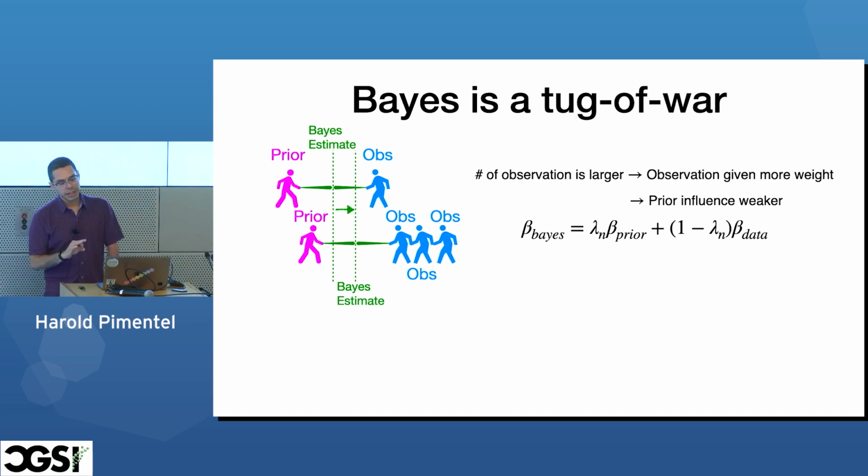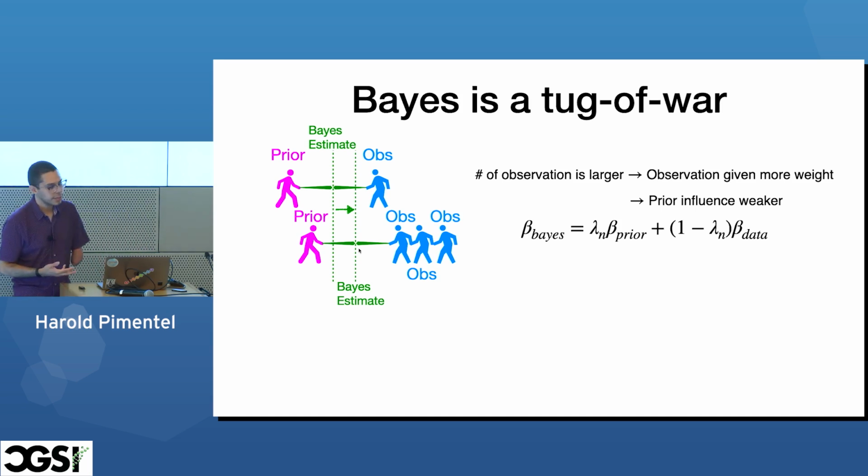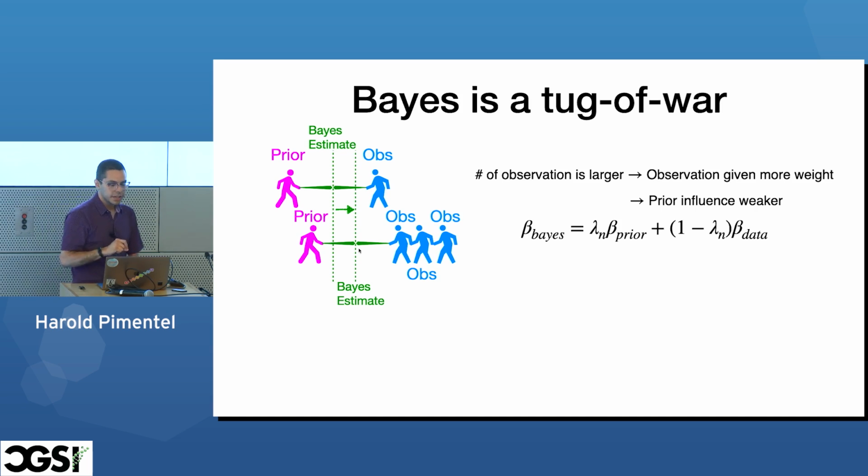And so why do you care about doing this, right? Well, let's talk about this picture on the left first. If you don't have a lot of data, you can think about weighing the prior and the observations to some degree. But as you get more and more data, the goal is to get closer and closer to weighing the data more than the prior. If you've taken classical statistics that has looked at some of these classical Bayesian estimators, you'll see that with infinite data, the MLE and the Bayes estimator coincide, right?